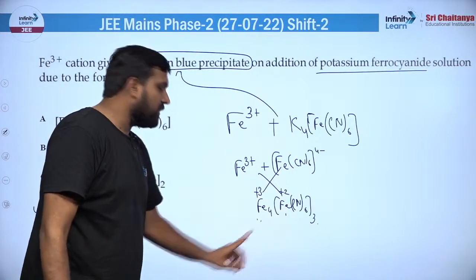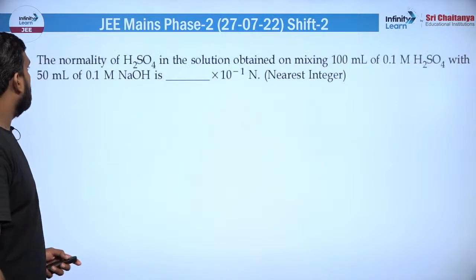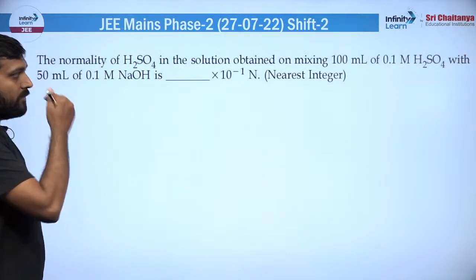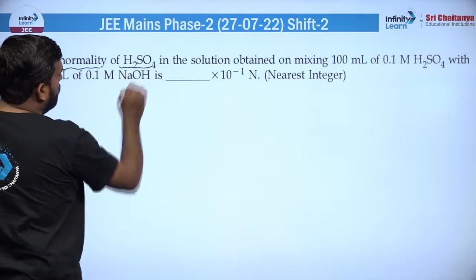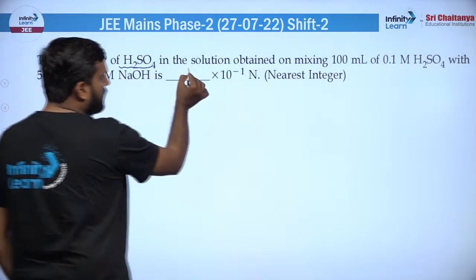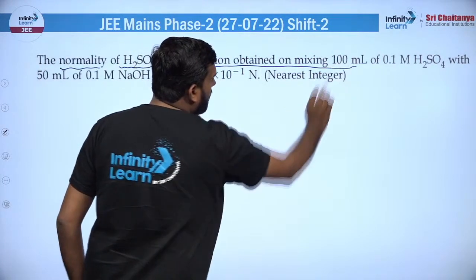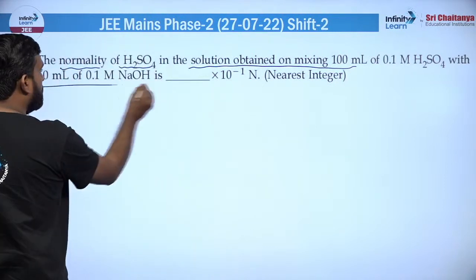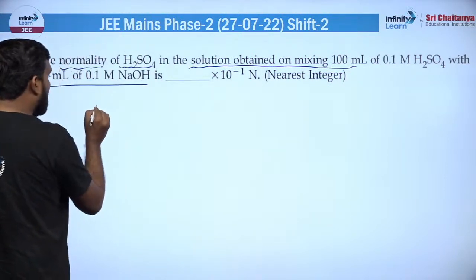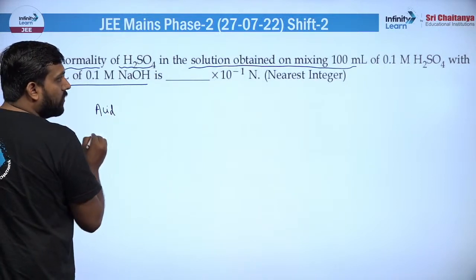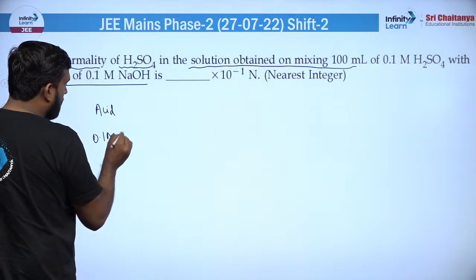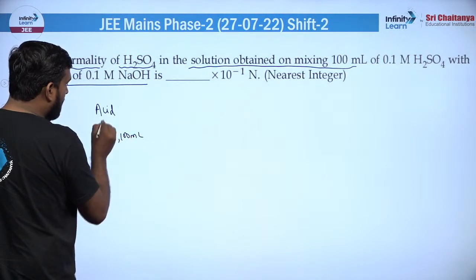टर्न ब्लू जो होता है वो उल्टा हो जाता है, इधर वाला +3 हो जाता है, इधर वाला +2 हो जाता है। अच्छा अब इंटीजर टाइप वाले क्वेश्चन आ रहे हैं, देखिए जरा ध्यान से। द नॉर्मेलिटी ऑफ H2SO4, नॉर्मेलिटी बतानी है इन द सोल्यूशन ऑब्टेन्ड बाय मिक्सिंग 100 ml ऑफ H2SO4 विथ दिस मच NaOH। तो देखो क्या होगा कि आप एक तरफ तो एसिड ले रहे हो, और एसिड जो है वो 0.1 मोलर 100 ml है।